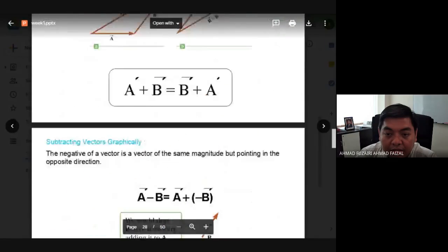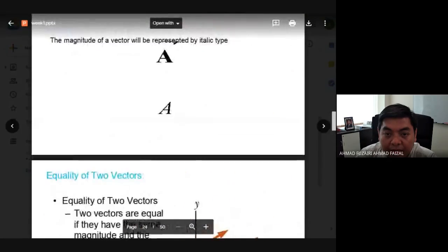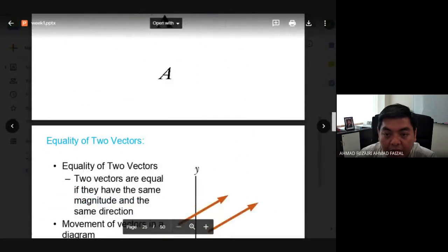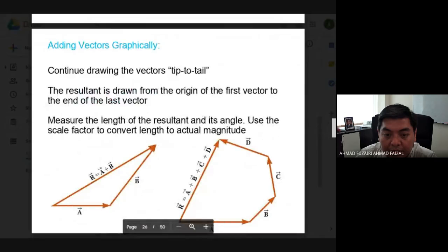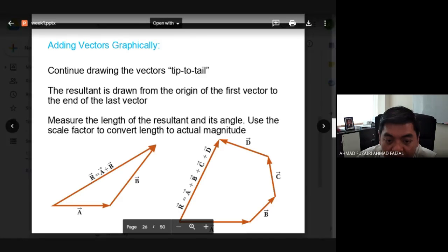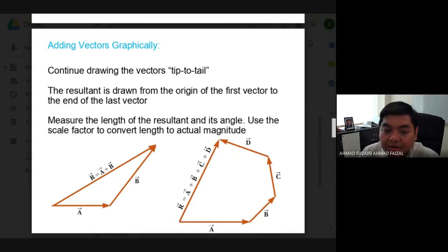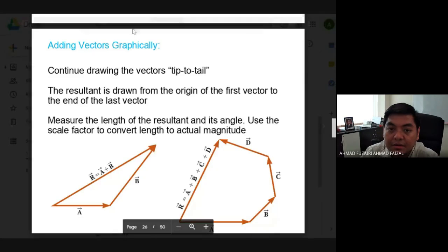Okay, so this is adding geometrically. First, using the tip-to-tail method. So the tip-to-tail method is how you do it like this, graphically. Let's say you have vector A. Look at the bottom here. This is vector A, and you have vector B. So vector A plus vector B is called